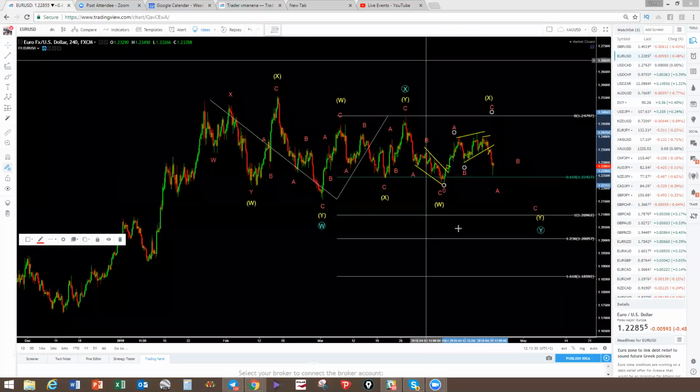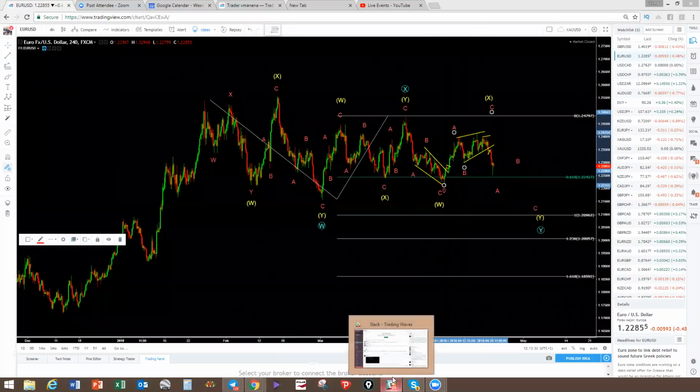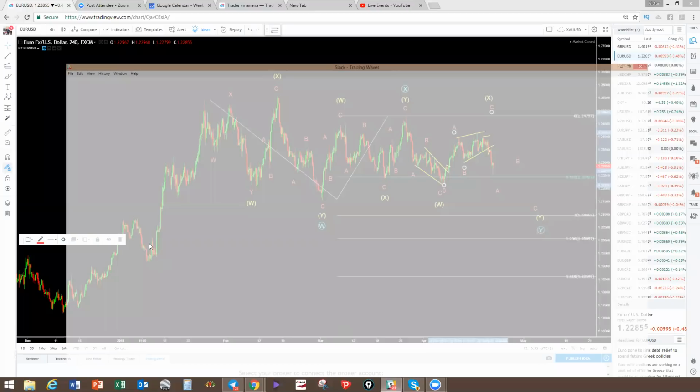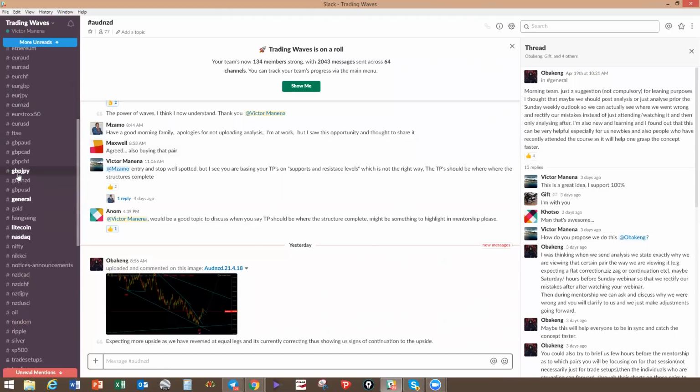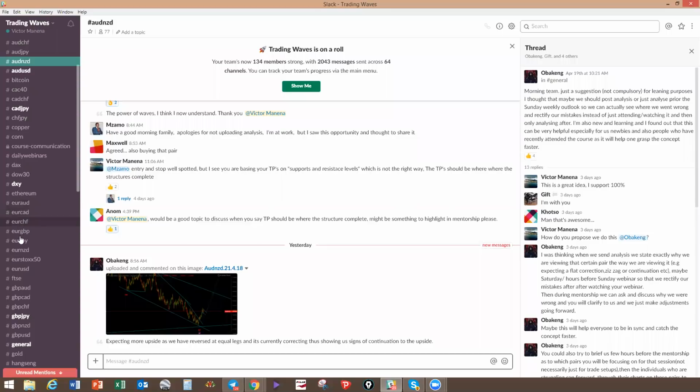Okay, so let me just show you how we do this in our group. We use Slack for our group, and as you can see, we've got all the pairs on the left hand side there. Each and every pair has its own channel. So now we're looking at Euro US dollar,